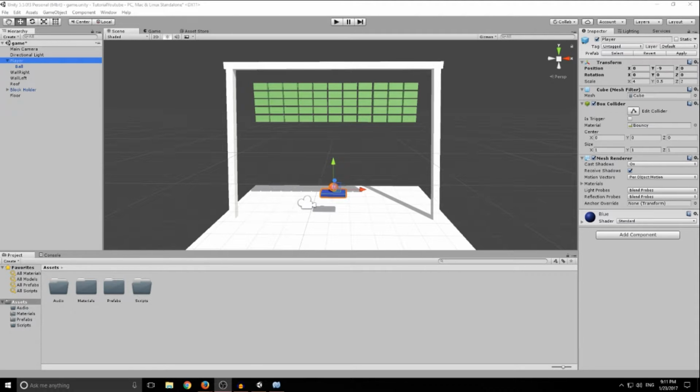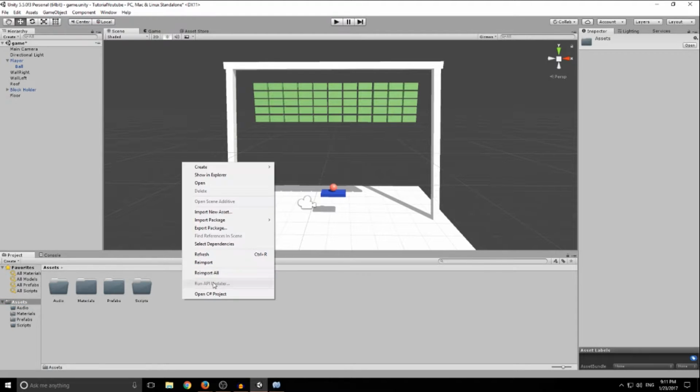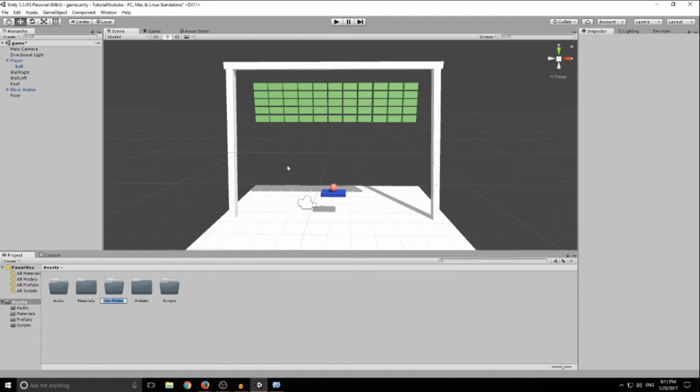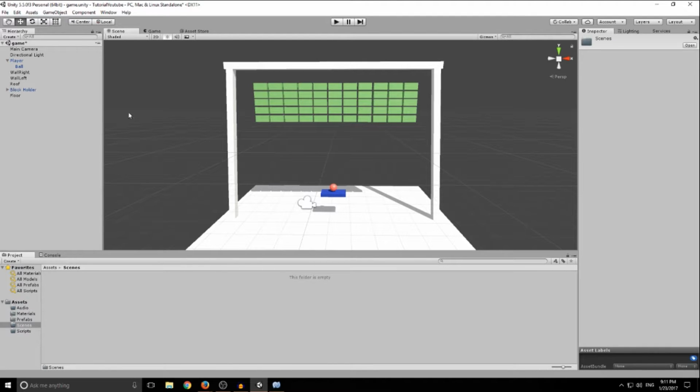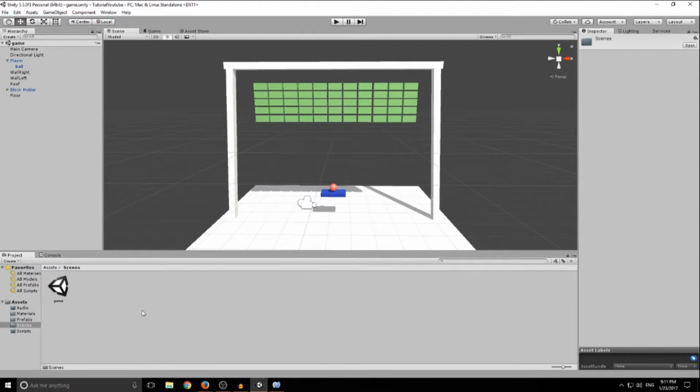So following on from our last episode, I forgot to mention how to create scenes. In your assets folder, the top one on your projects, just create a new folder and we'll call it scenes. In these scenes, just go up to File and then Save Scene As. We'll go into the scenes and we'll just call it game, just like that. That allows you to save the whole scene as is like this,